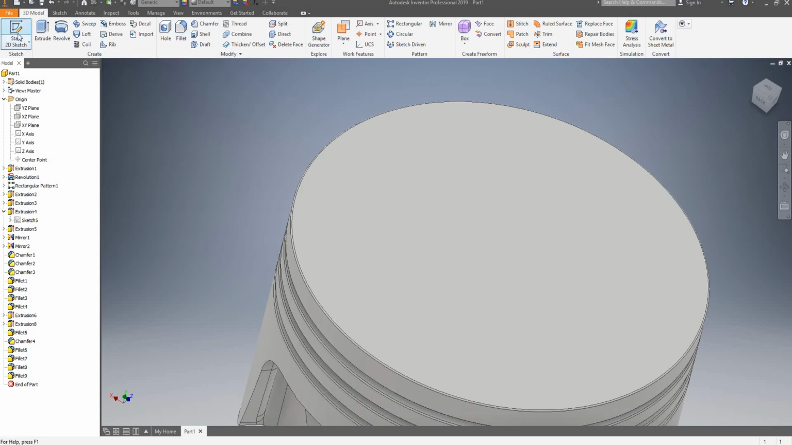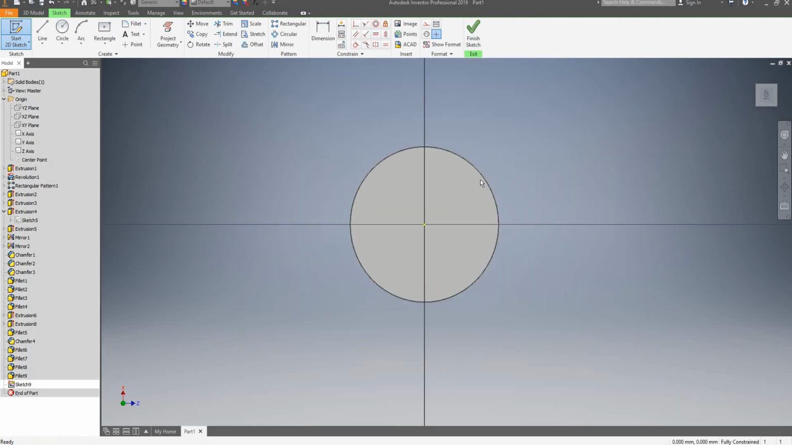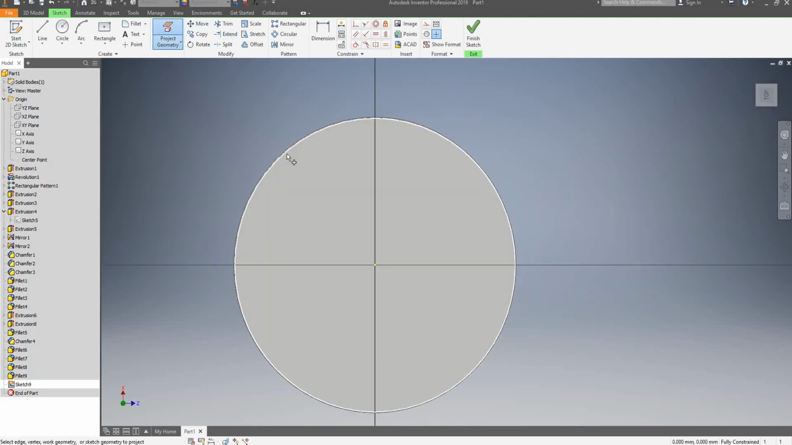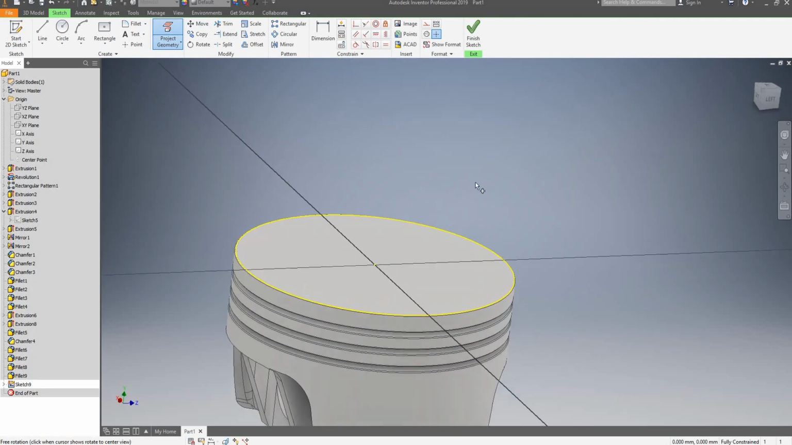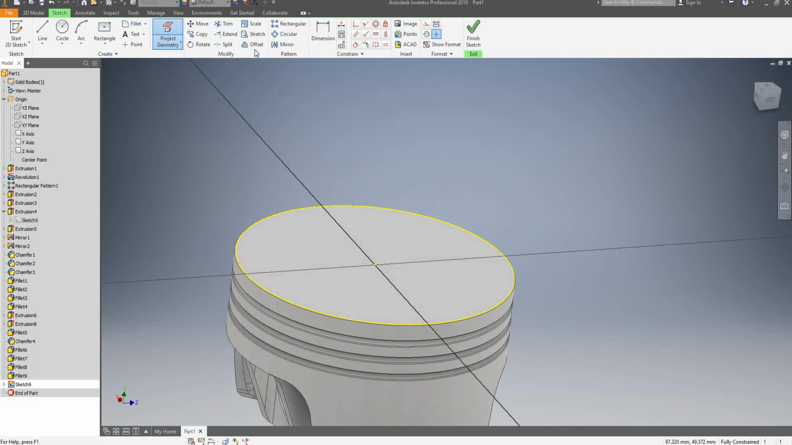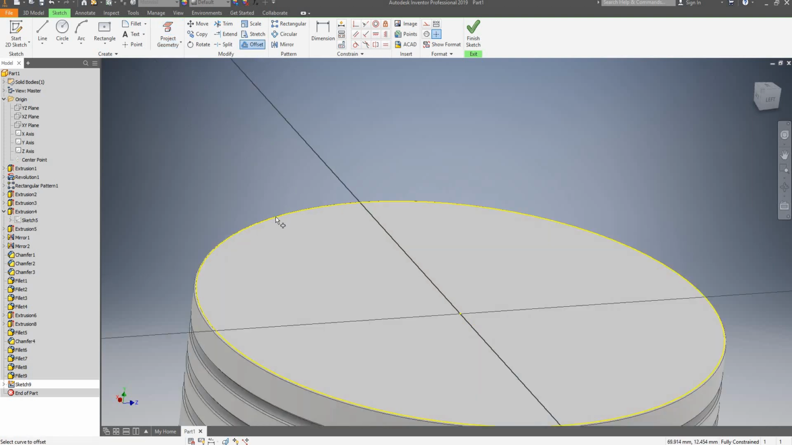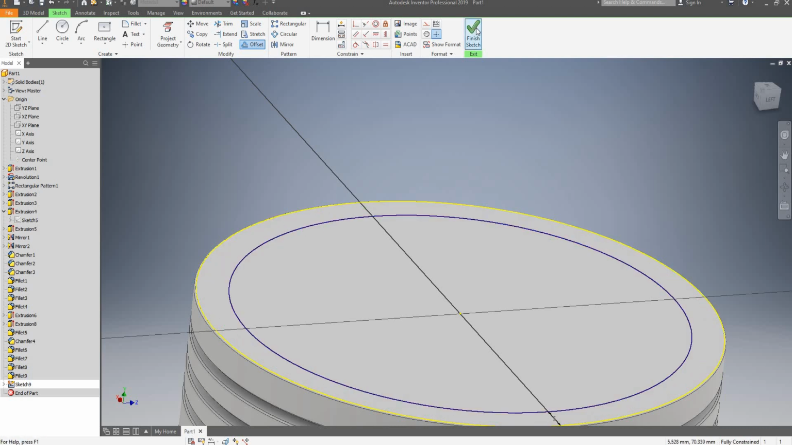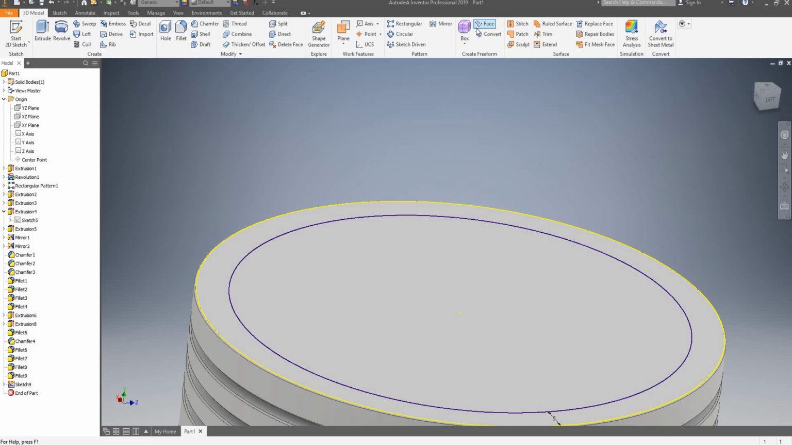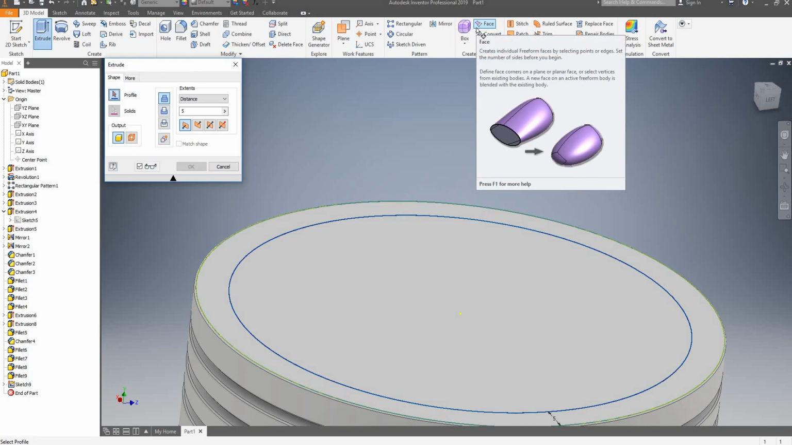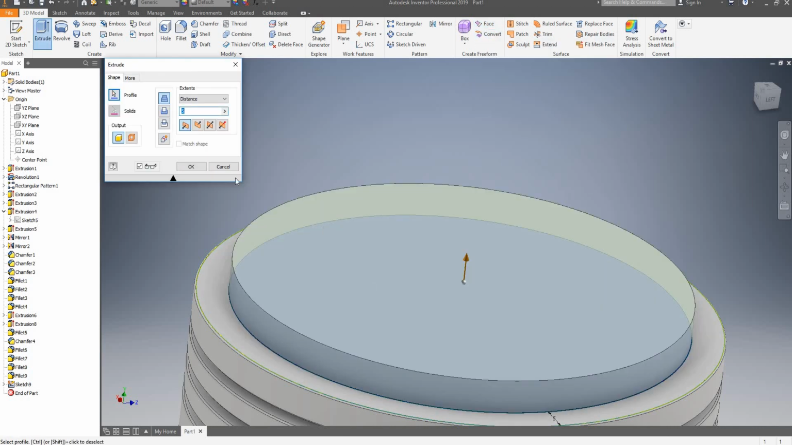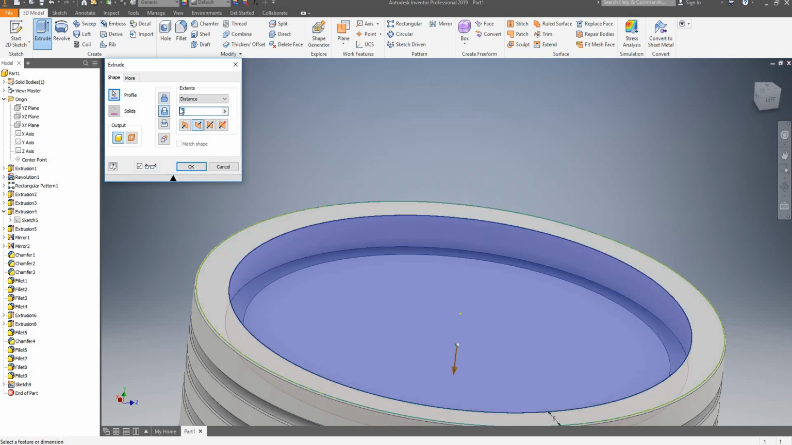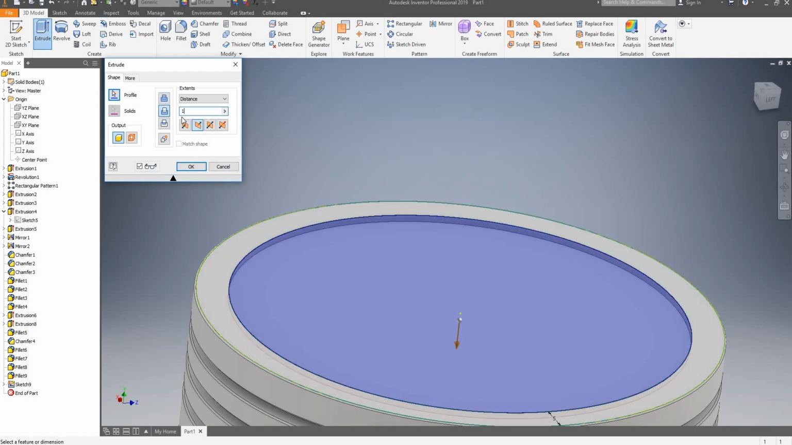Now I will start a sketch on this top face. Select my project geometry. Now I'm going to use the offset command, and I'm going to offset this by 5 mil. I'll finish my sketch, and now we'll extrude it down by 1 mil probably. Yes, so